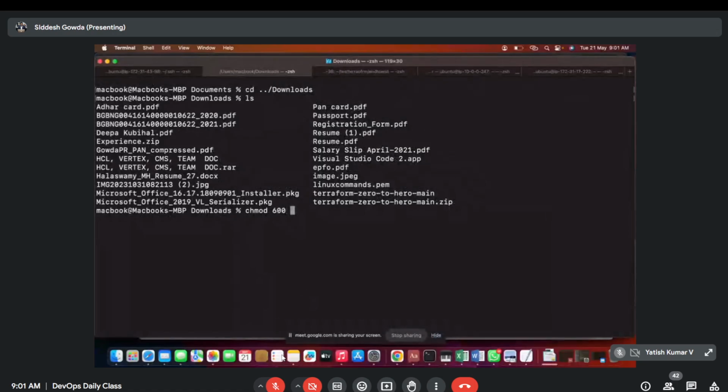What was the file name? Linux commands.pem. You can provide this. We need to execute this command, chmod. I will explain about this command in the next class. This won't execute in git bash, that's the reason I created